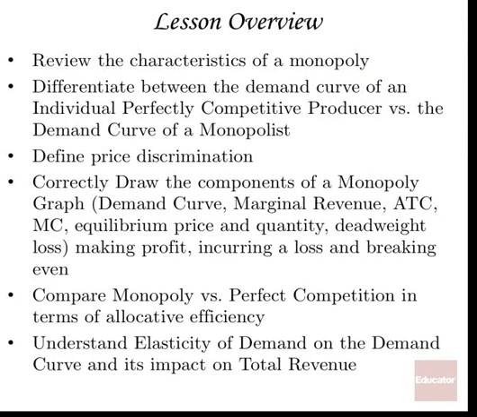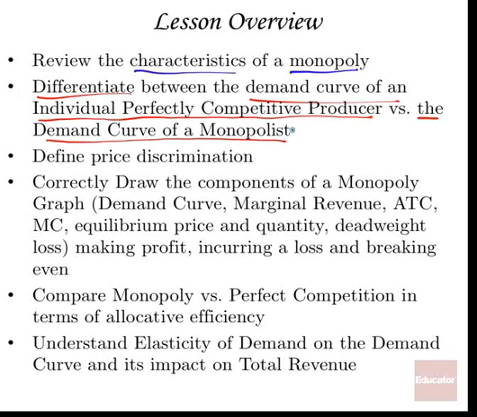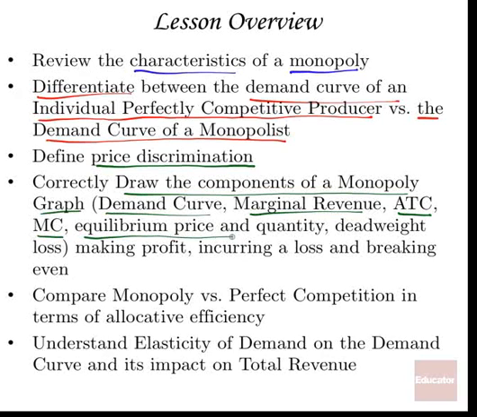So today's lesson overview, we're going to review the characteristics of a monopoly. We're going to differentiate between the demand curve of an individual perfectly competitive producer versus the demand curve of a monopolist. We're going to define what exactly price discrimination is, and correctly draw the components of a monopoly graph with the demand curve, marginal revenue, ATC, MC, equilibrium price and quantity, deadweight loss, making profit, incurring loss, and